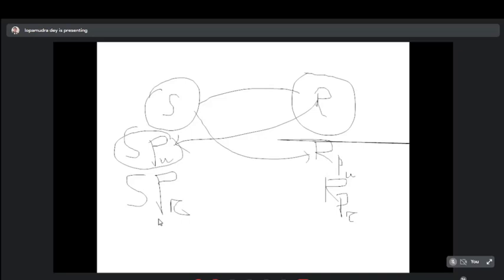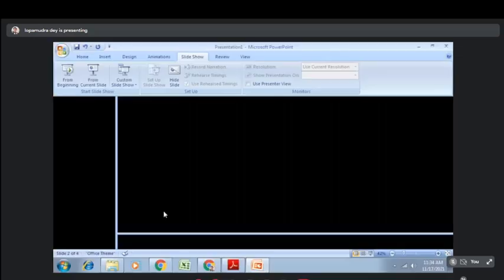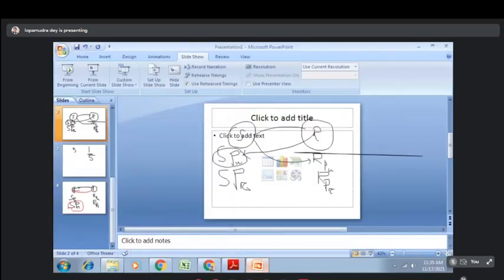The third point is that public key and private key are a pair. If you are encrypting any data with this public key, then that can be decrypted with this private key only. So if you are encrypting with the help of this public key, that can be decrypted with the help of this private key only. These are the three concepts associated with asymmetric key cryptography.